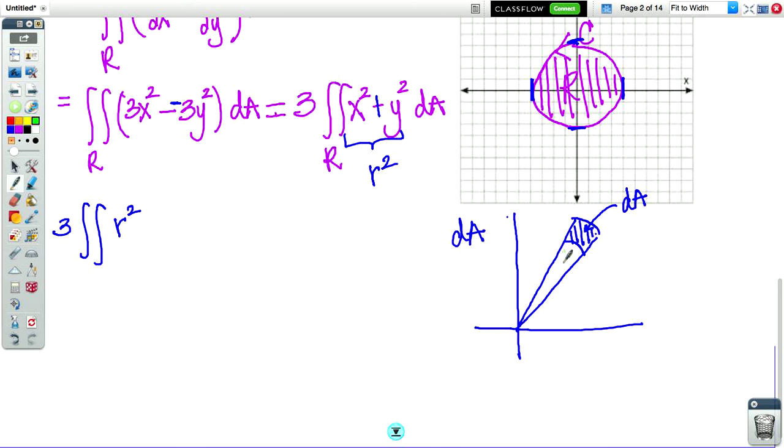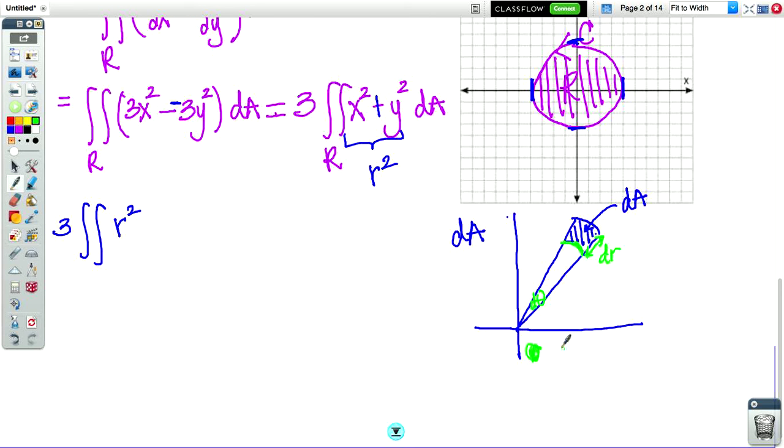So this is dA. This little tiny angle is d theta. And then we just need to figure out how this converts to r and theta. So this little change in the radius is called dr. And then I guess that only leaves the question, what is this? Because it's not d theta, it's actually a length. So you have to sort of go back to what you learned in algebra 2, and remember that when you're in